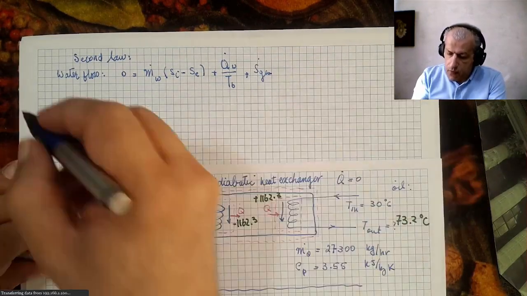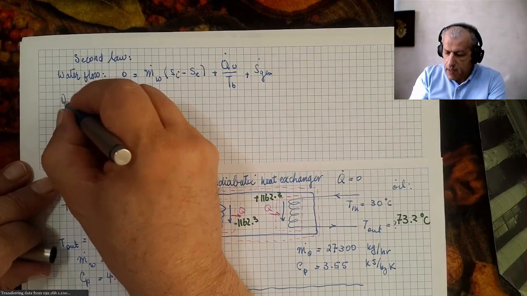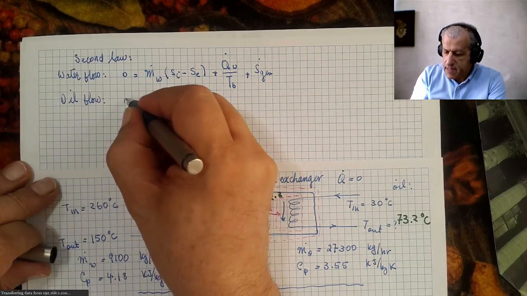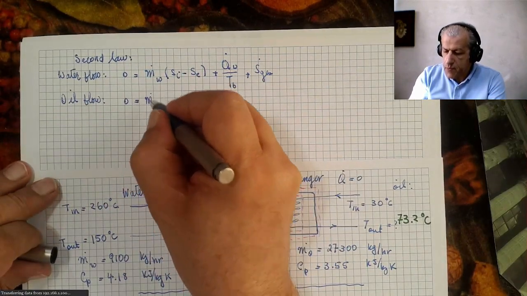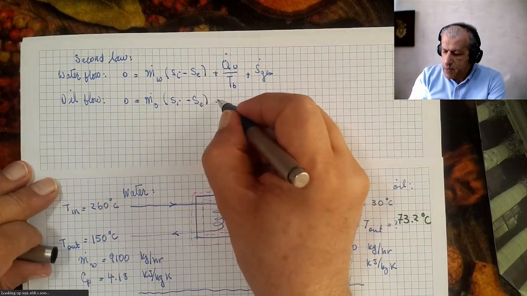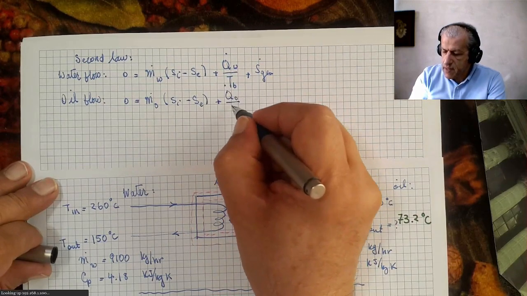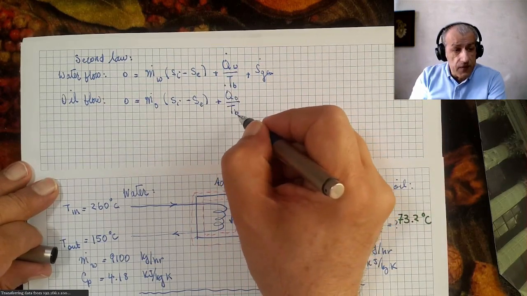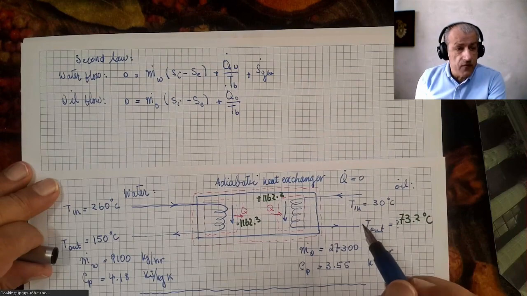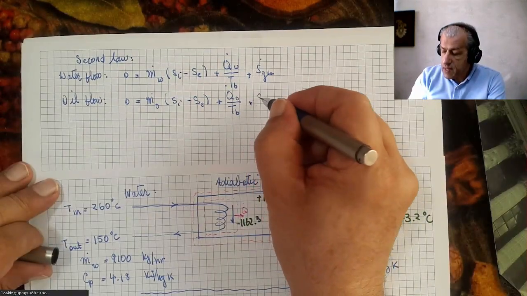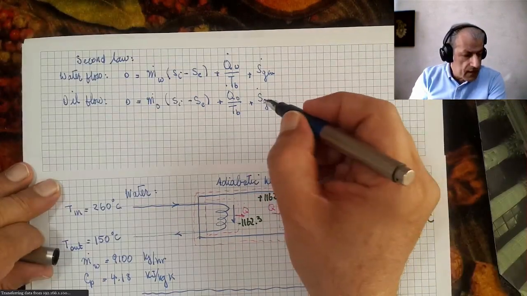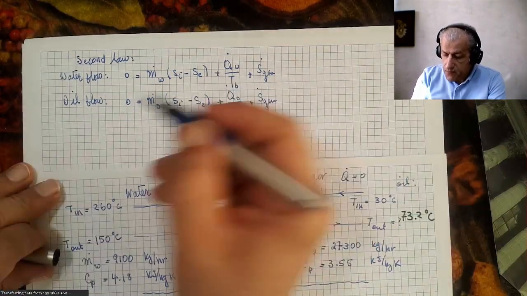Now, for oil flow, for the oil side, we would have a very similar equation, and that is 0 equals m dot oil times Si minus Se plus Q dot oil divided by Tb, which is different from this one since the temperatures are different for oil, plus S dot gen on the oil side. And finally, for the heat exchanger,